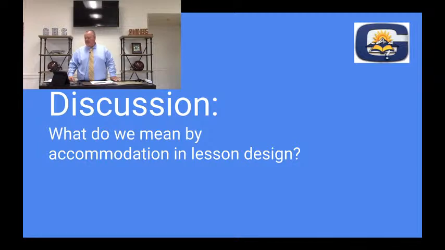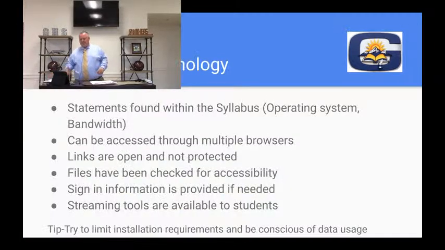Very good. I'm seeing some good answers here. Ensuring that all students have access to learning and technology. That is absolutely correct. Very good. Being proactive with different approaches. Making sure all of the students have access to the different content, and they can access it in different ways, that meet their own learning style. So, very good. Absolutely, students can get around any barriers that are hidden within the classroom.